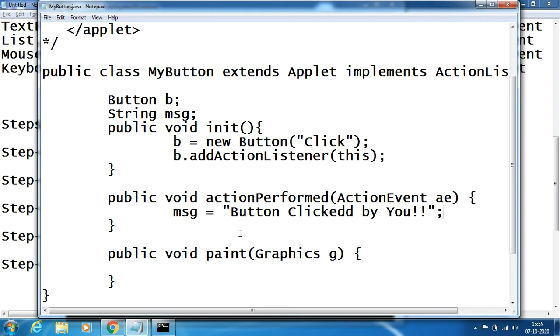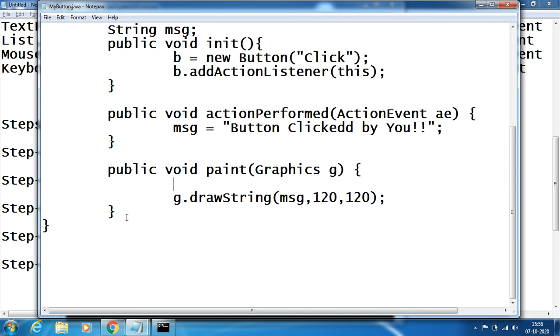Just a simple message. And this message should now be painted. How to paint? g dot drawString of message name, comma, position.